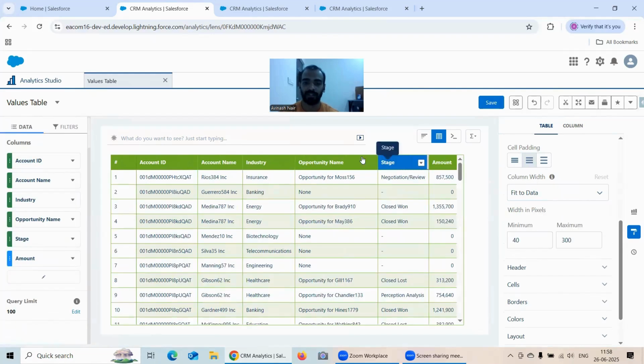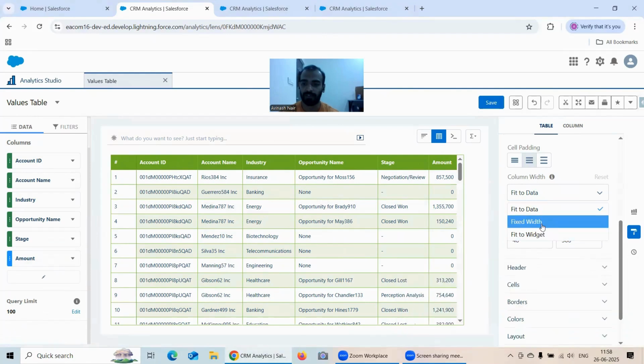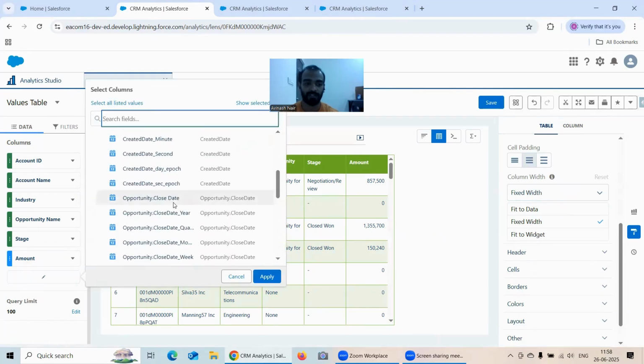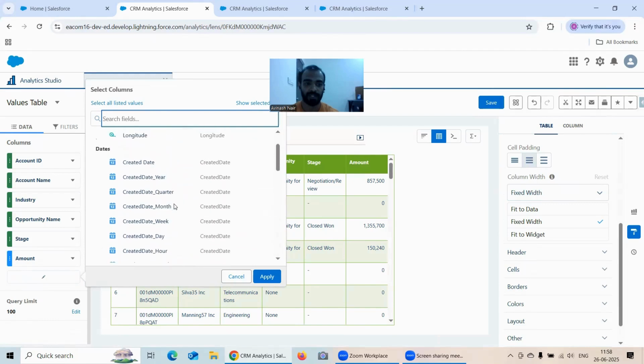If you want to fit to data, this is how it will fit in. Okay, as you can see over here. And yeah, if you want to go for a fixed width, this is how it will pop up. There will be a fixed width, and within that, for example, if I add a few more, I think we have to then scroll it up. So for example, I choose something like